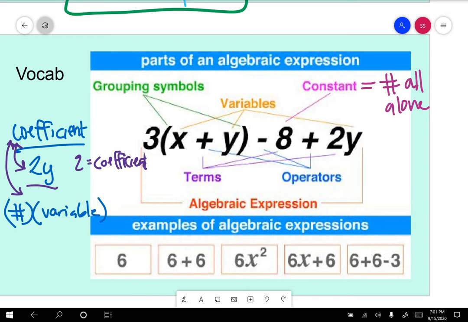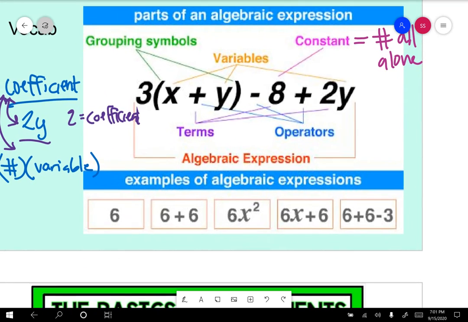Okay, so let's look at the examples of algebraic expressions. I just want to point out the different kinds of terms we went over on the last slide: the monomial, binomial, trinomial, and just polynomial. Actually, I don't think I mentioned this, but polynomial,